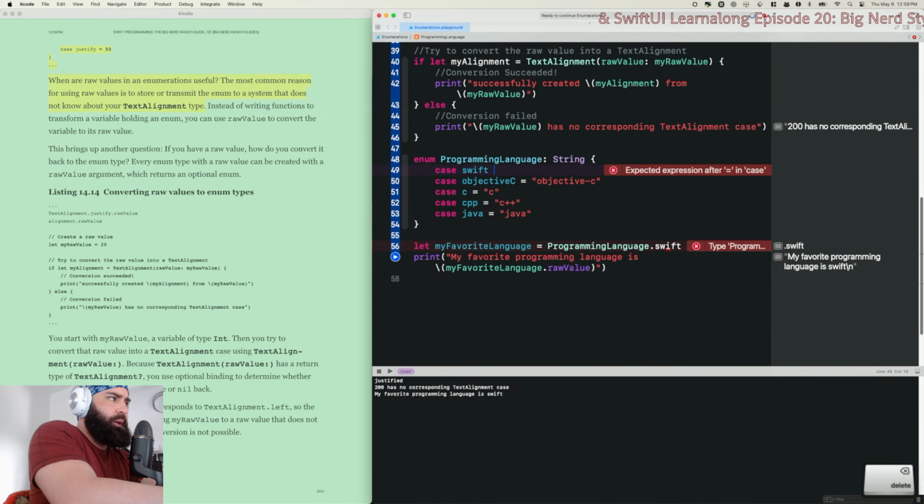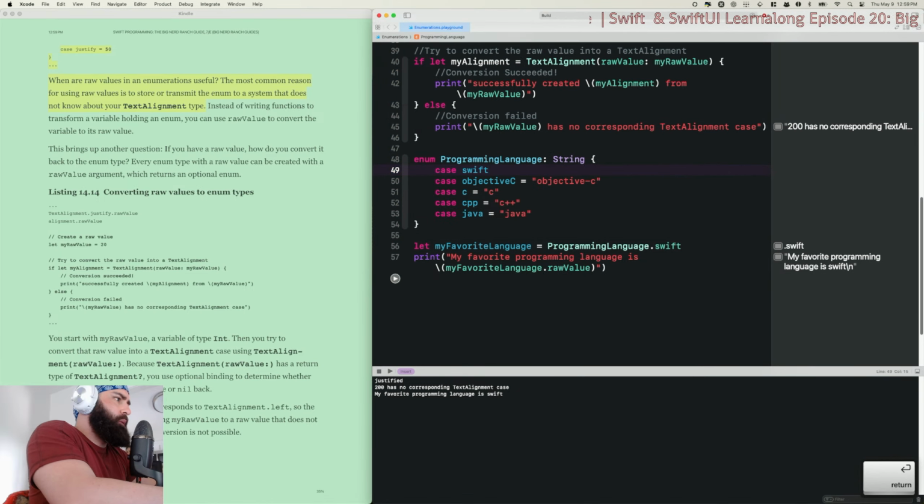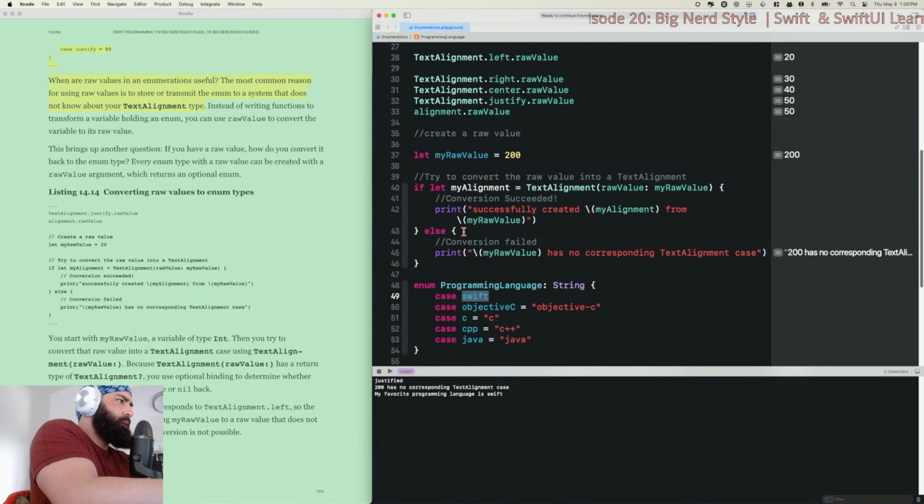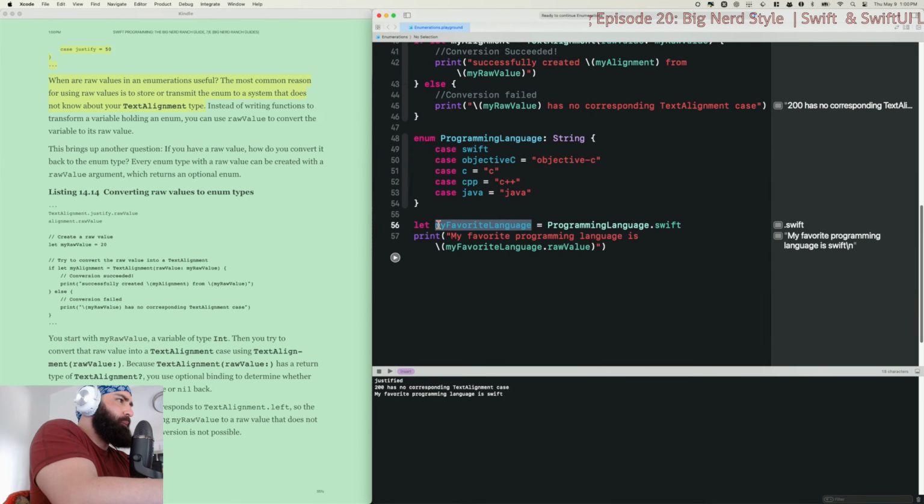If it's the same as the raw value, you don't have to write the string after the fact, so you can just do case swift. But I wonder why I didn't show. But I guess that proves it, because even though I don't have the string like all the rest here, my favorite language is enum.swift, which is here, and I don't have the string, so that proves it.